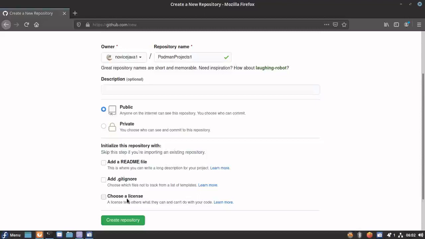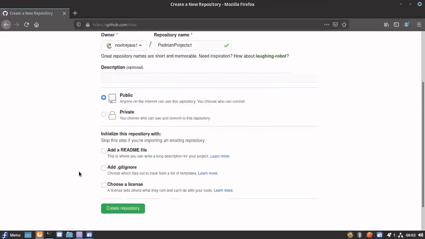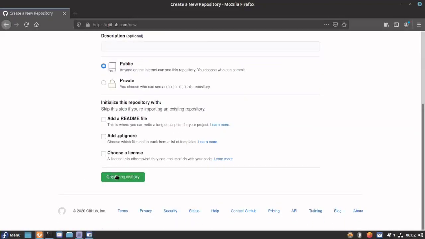It will ignore all the files with a particular pattern if you do not want them to be version controlled. The last one is a license that you can choose as per your requirement. Once all this information is provided, you can create the repository.